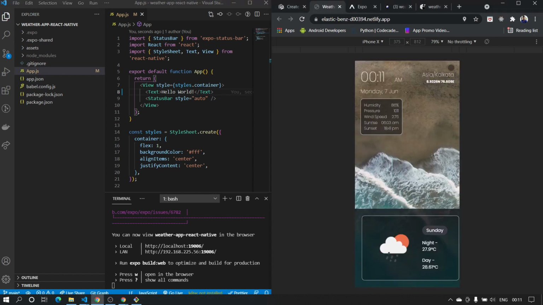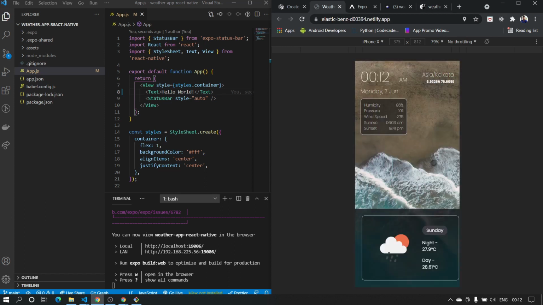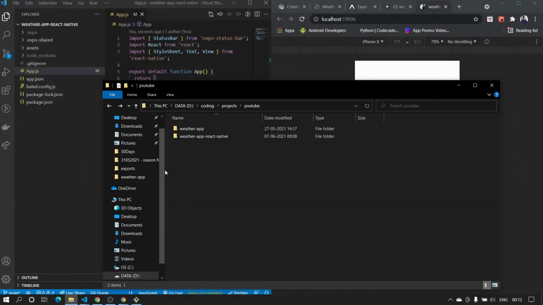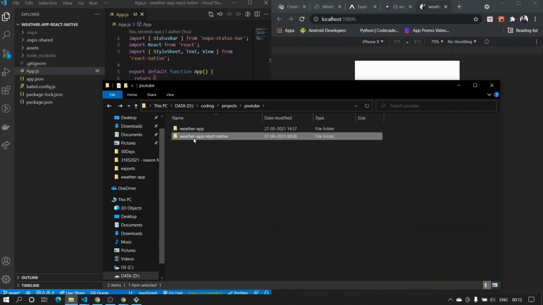Now let's try to bring the background image into this section. To do that, first we need the image. We can download this image from Unsplash. I have already downloaded the image and I have it in my downloads folder. So I'll copy that image and paste it in the